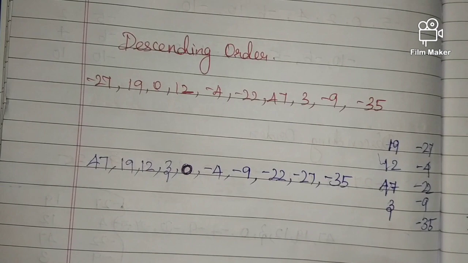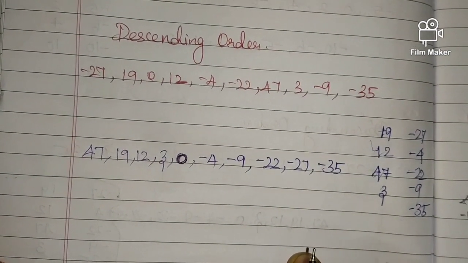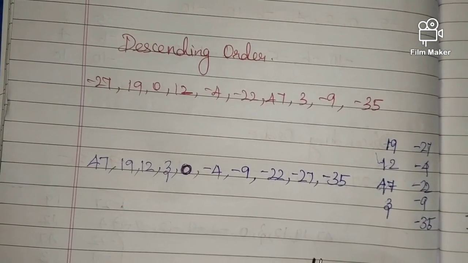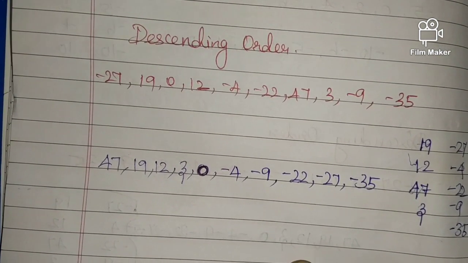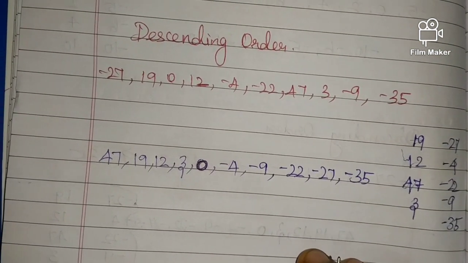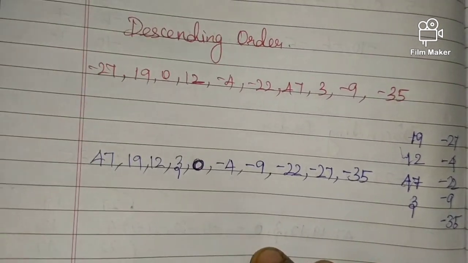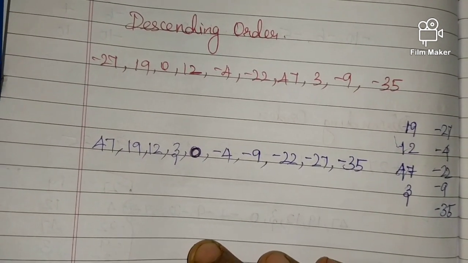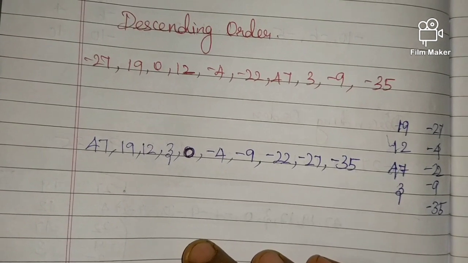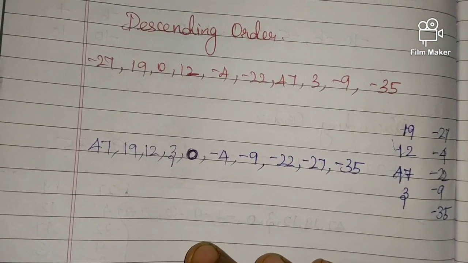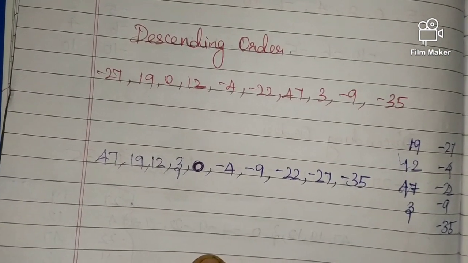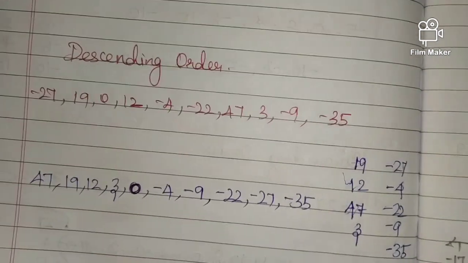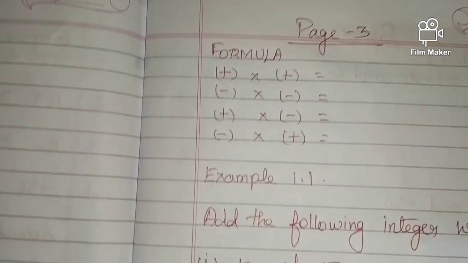Okay, are you clear up to this? This is the descending order. So we all learned the basics of integers, which is bigger number, which is smaller number, then compare with the negative numbers and positive numbers. Everything will be clear up to this. These are all the basic things which we learned in grade 6 itself. Next, move on to the 7th standard portion.